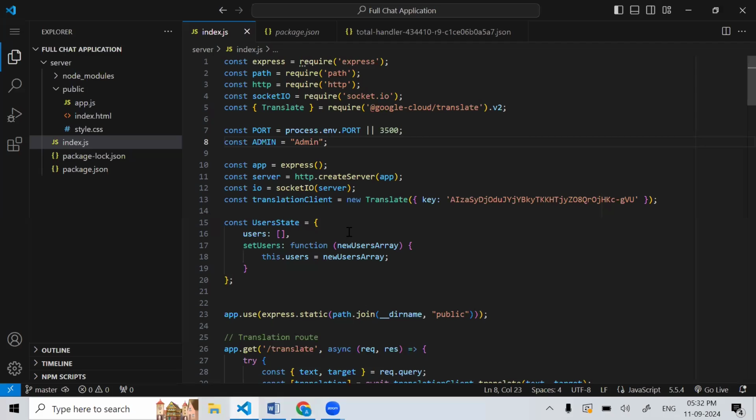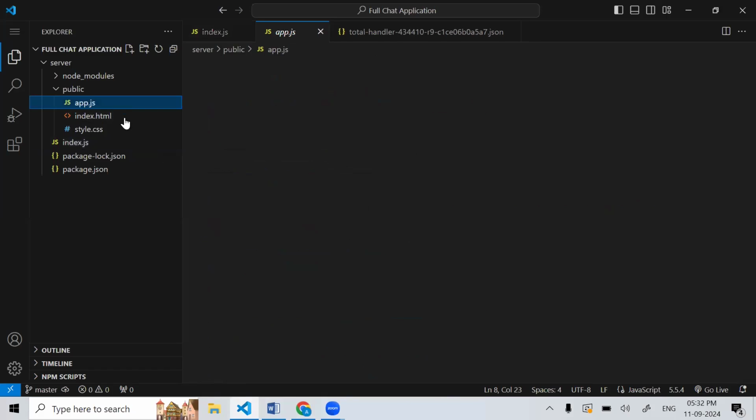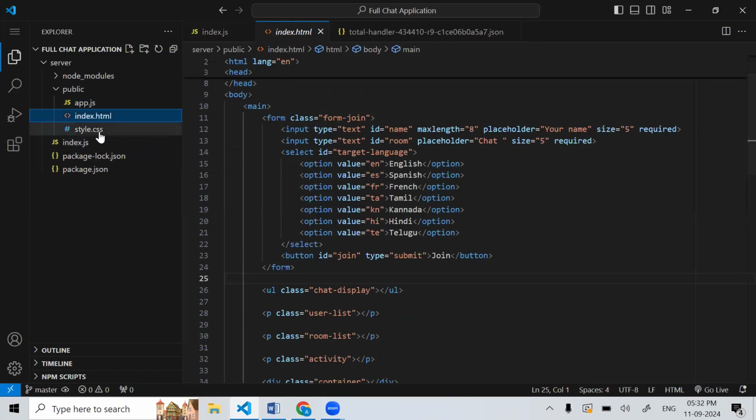This is the coding part. In this we are using two parts: one is backend, another one is front end. In backend we are using Node.js and Express.js, and in front end we are using JavaScript, HTML and CSS. Now we can see